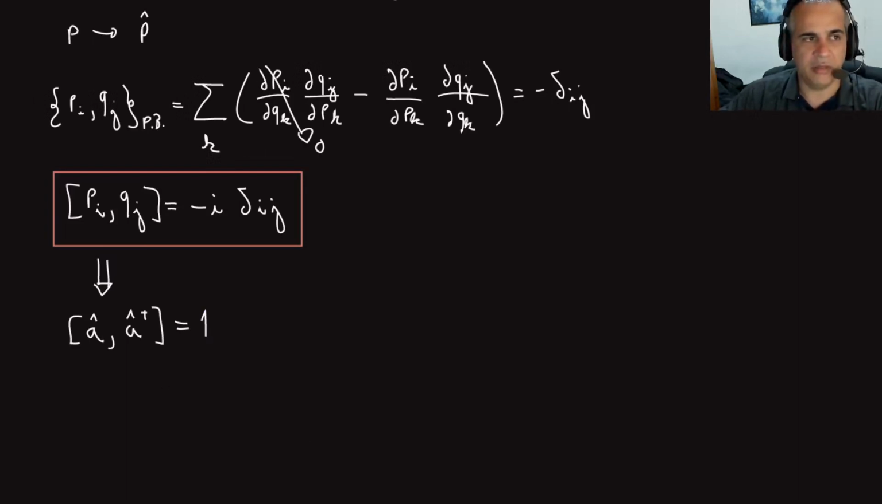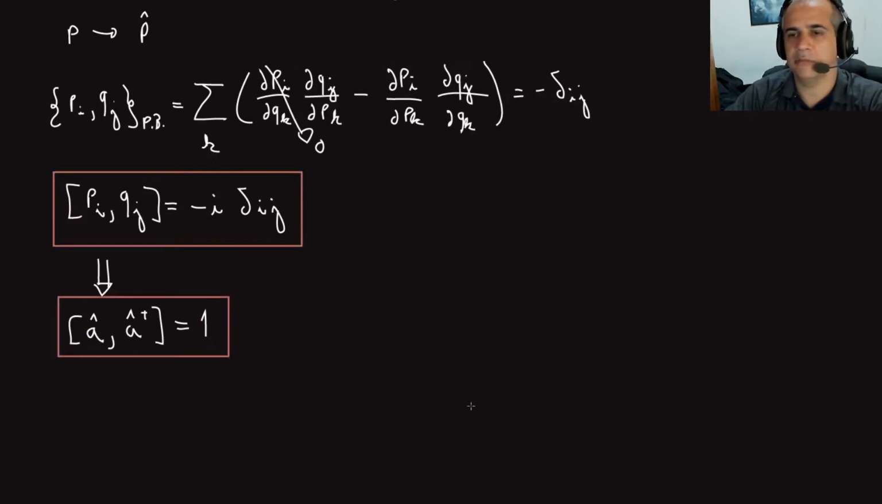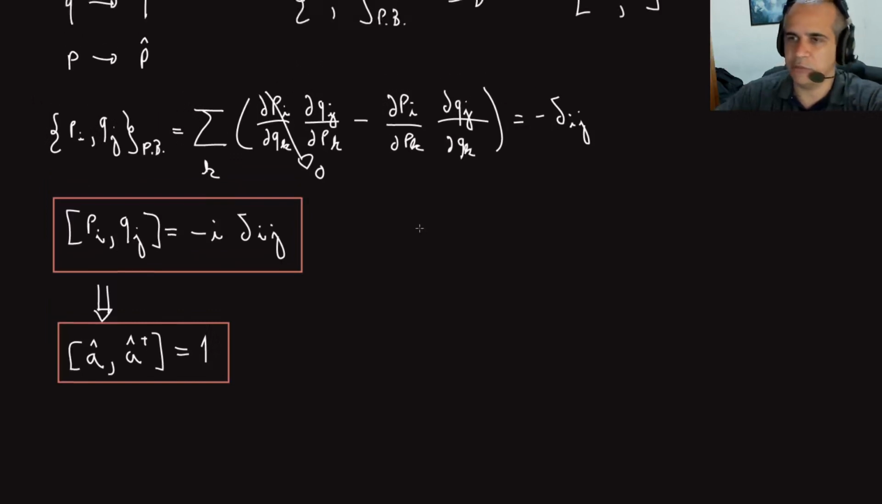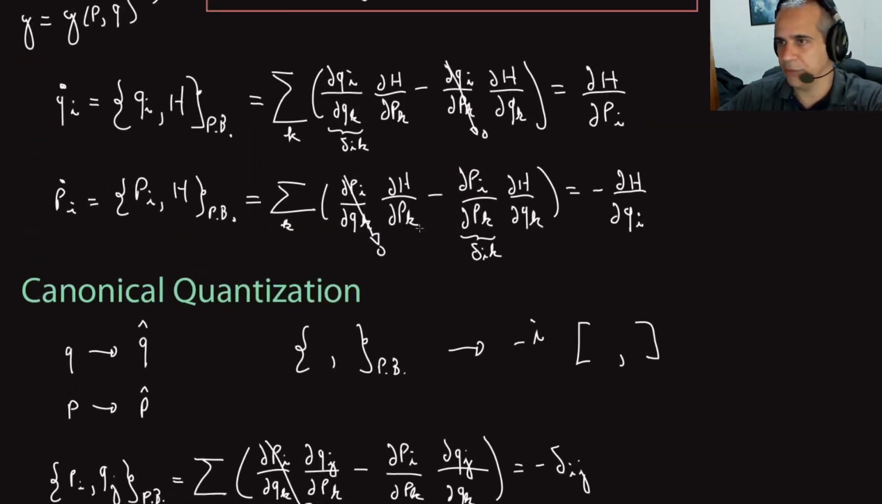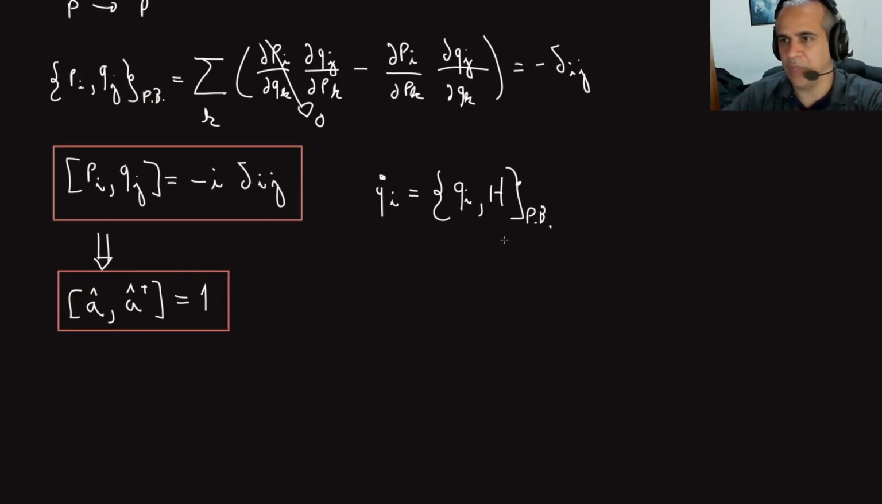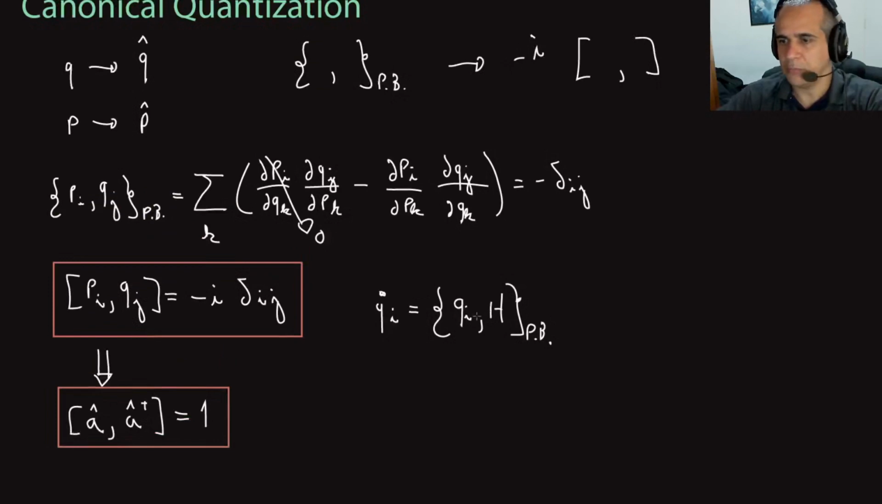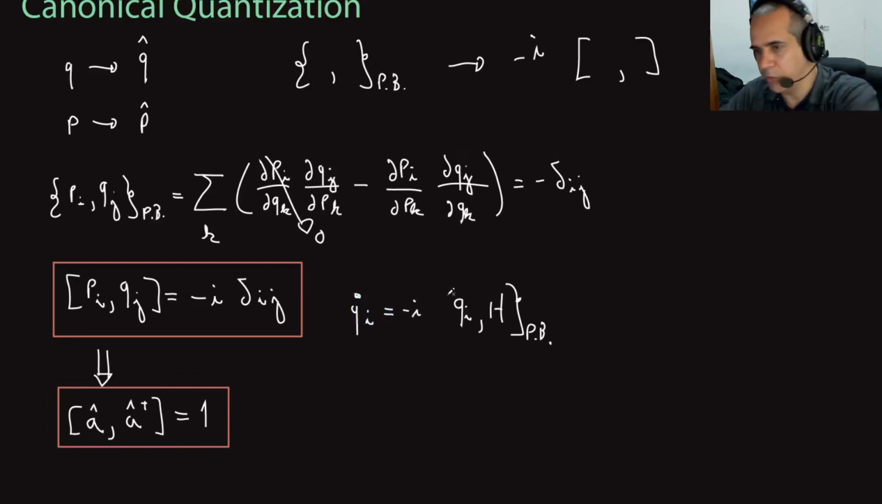I do the same in the Hamilton equations. These two, let me box this formula too, and I use the same procedure, right? Changing the Poisson brackets for commutators in the two Hamilton equations, which I'll copy here. This one now will become just minus i commutator